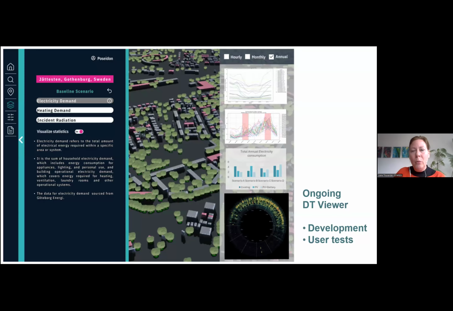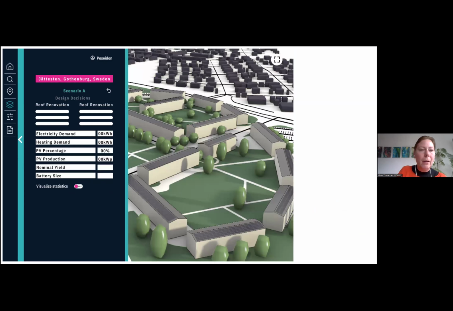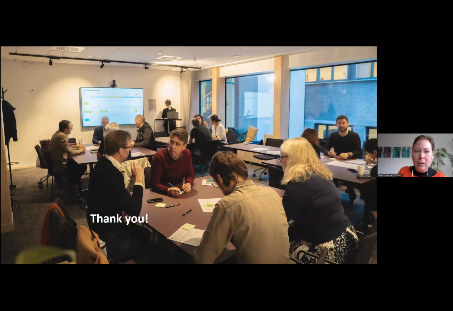And right now we are in the process of developing our web-based digital twin view, where our decision makers can explore the different scenarios, select and see the consequences. We have user tests at the end of March and final tests in the beginning of June. You can zoom in and zoom out, and then you can select different scenarios and see the consequences. Those are just mock-ups. I just want to illustrate where we are.